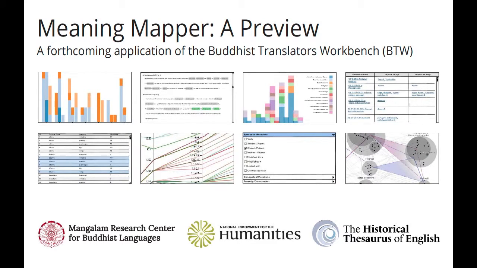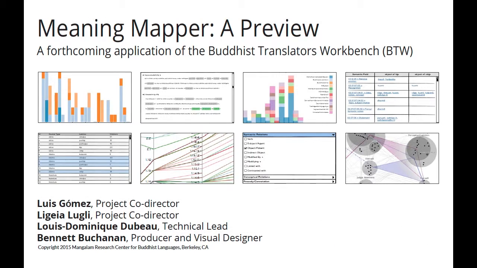Welcome to a demonstration of the Meaning Mapper, a forthcoming application of BTW. In this video, we will simulate using the Meaning Mapper to explore the usage of a cluster of near synonyms in English. In particular, we will study how the words migrant, immigrant, and refugee are used in the British press